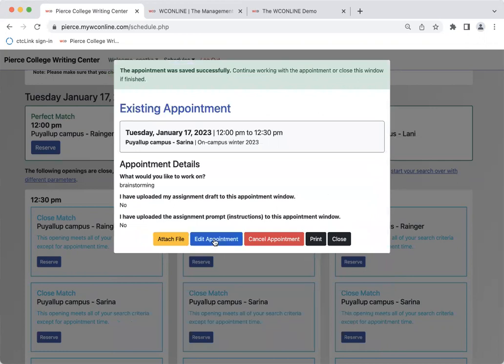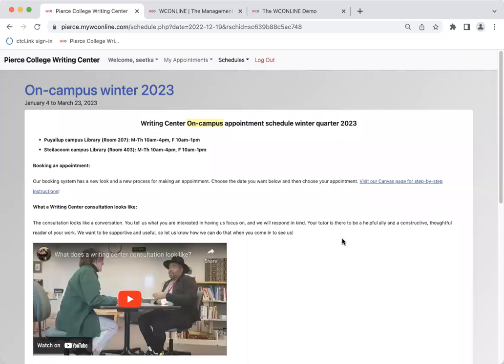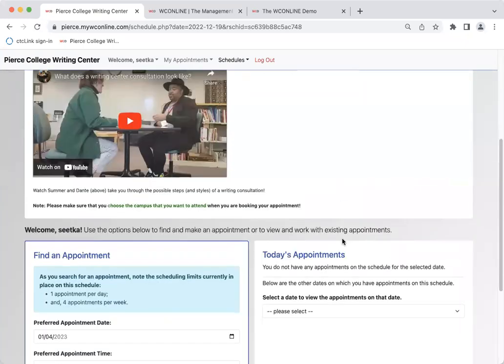Now you can go in and edit that. You can attach files here. You can cancel the appointment. You can print it if you want to. But your appointment is now there and you can close it. This will take you back to the original